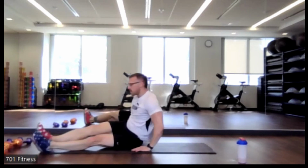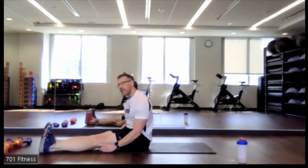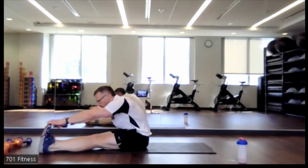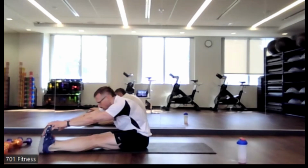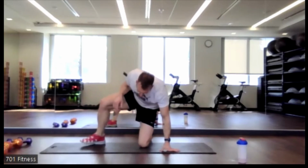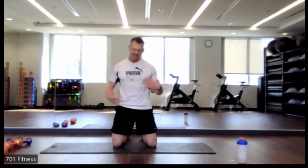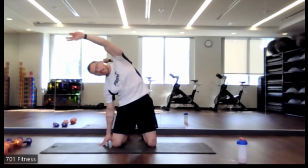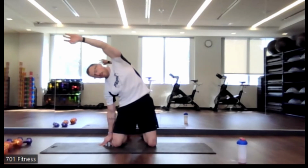All right, we're going to come up onto our bottom. So the legs are out in front of us, reaching for either our calf, our ankles, or our toes. Nice job. All right, so coming up onto our knees, you can stand if you want, just be careful. Head has been kind of below or in line with the heart. If you get dizzy easily, you just want to be mindful of that, but reaching the left hand towards the